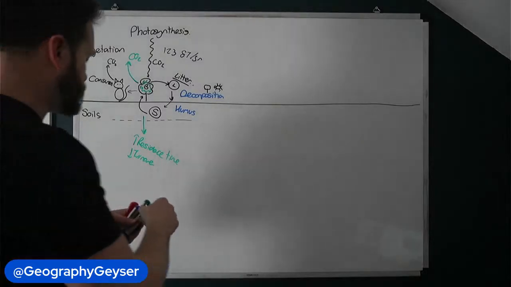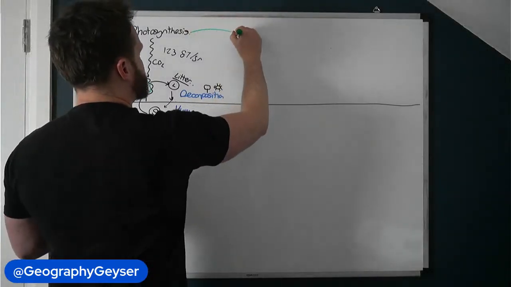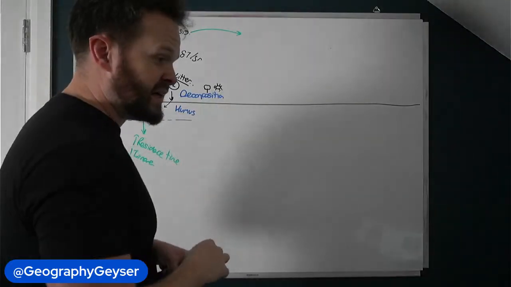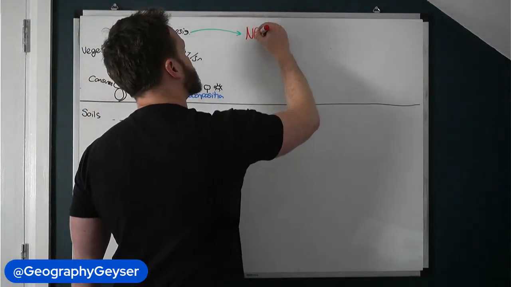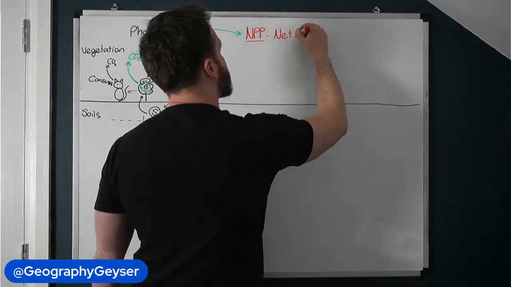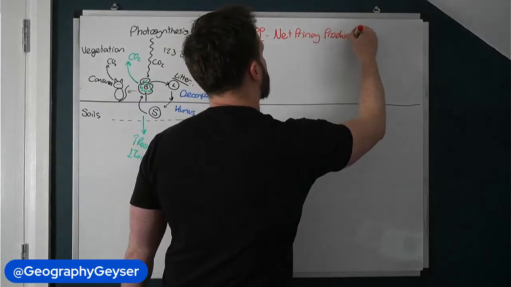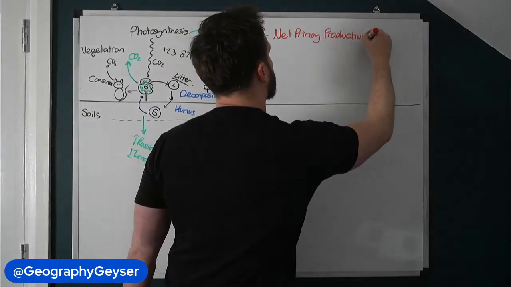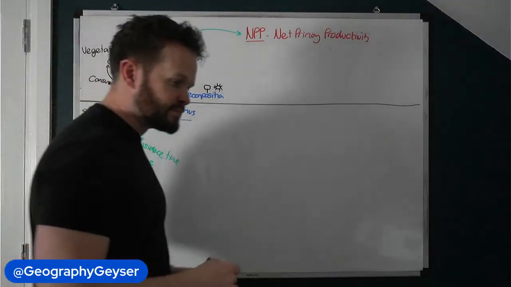So the concept of photosynthesis, when we think about the terrestrial biosphere, is inextricably linked with another concept which is known as NPP, and this is net primary productivity. Net primary productivity,